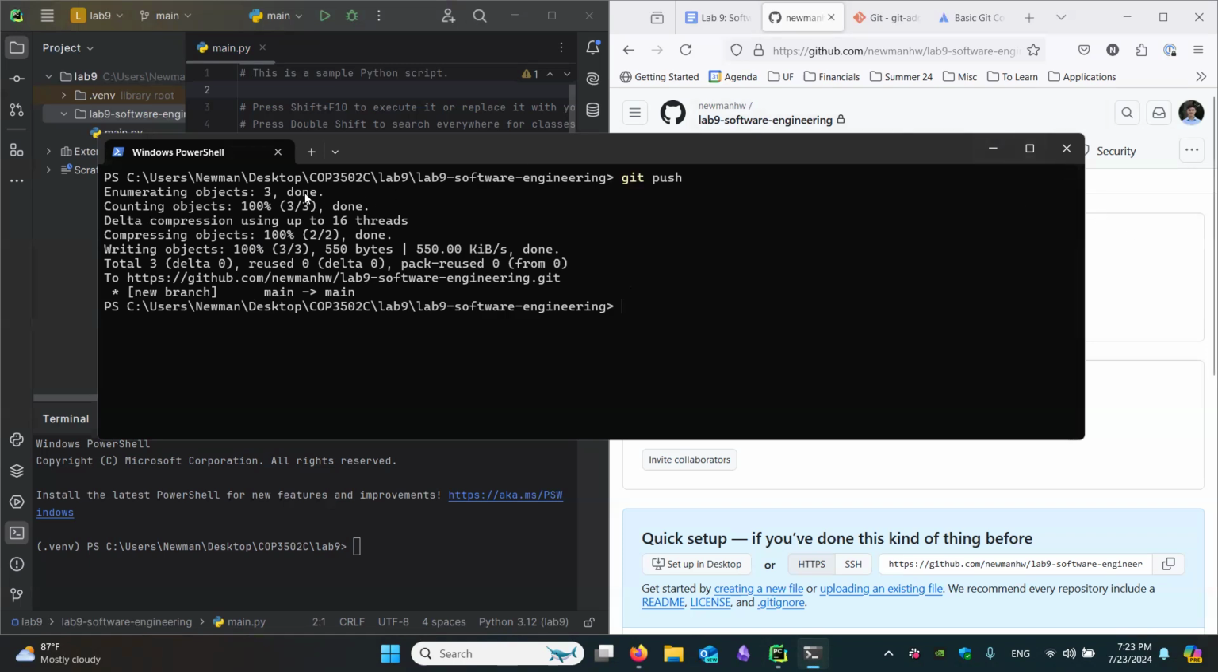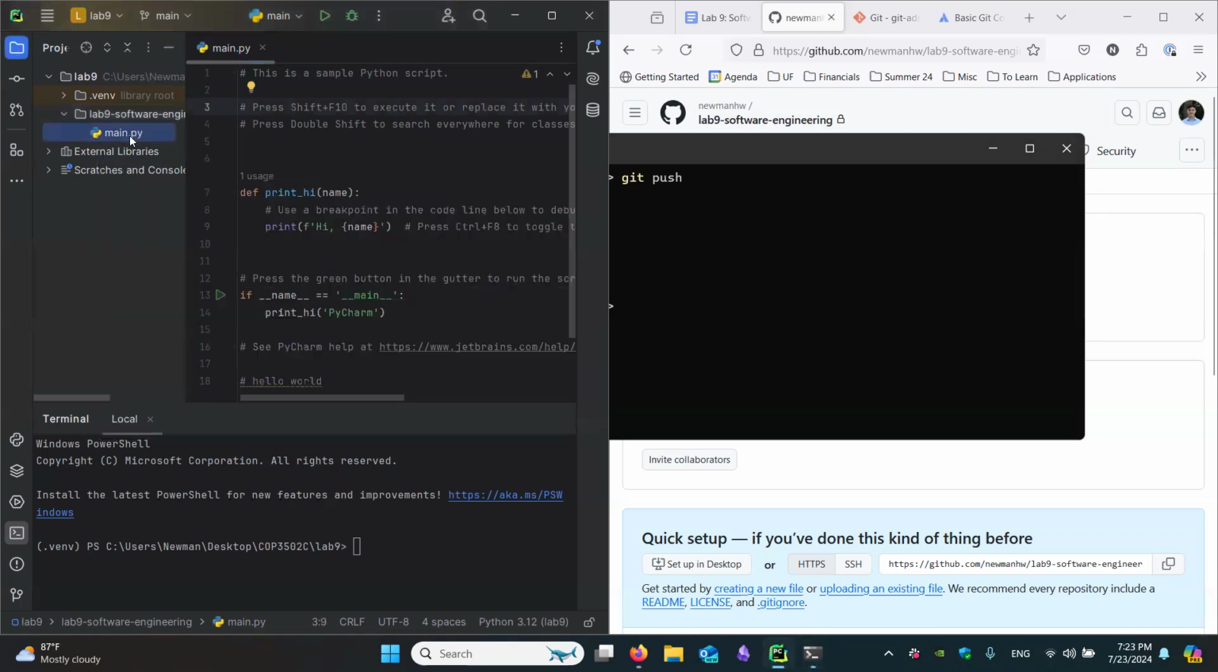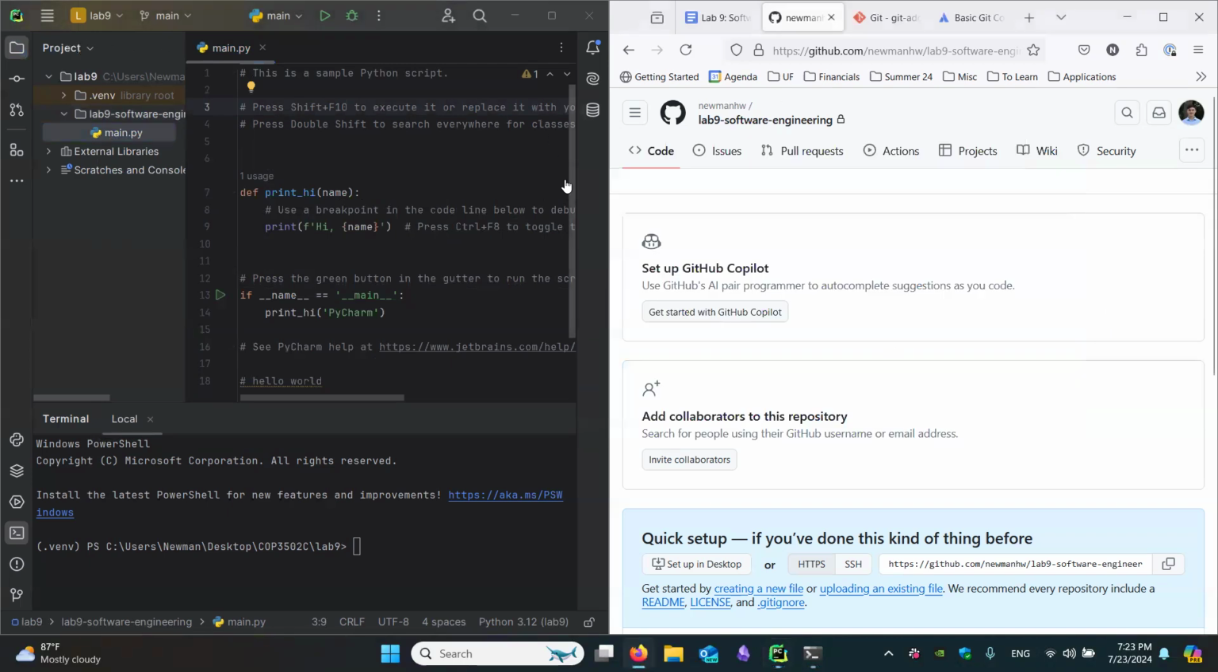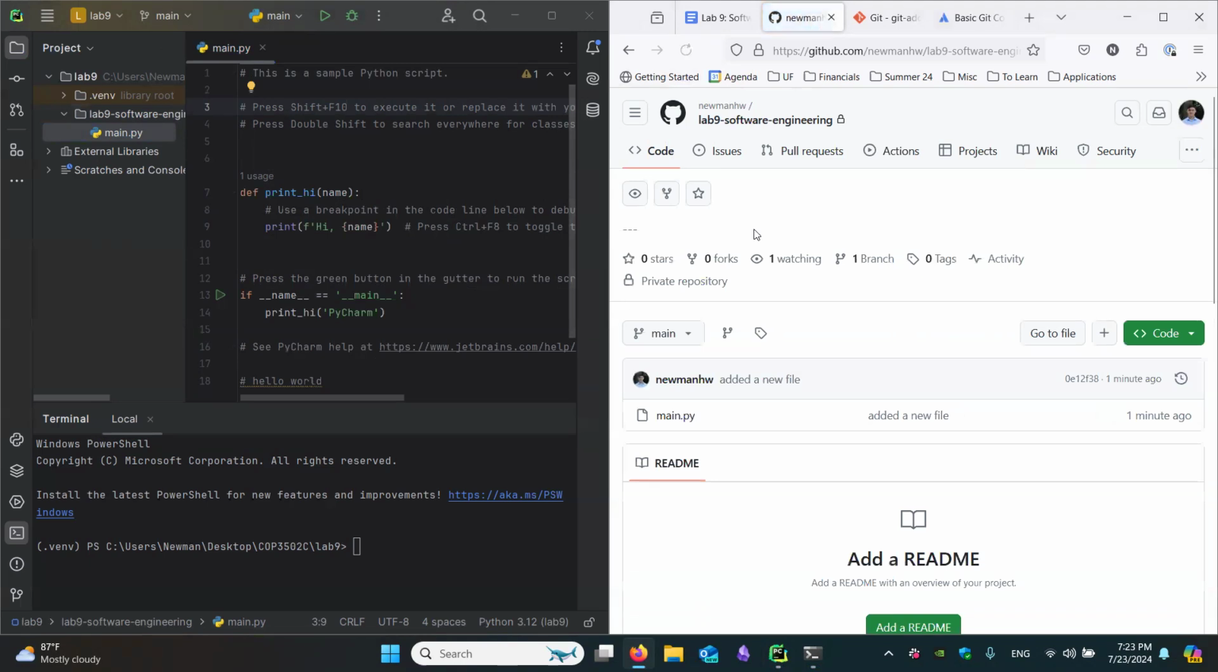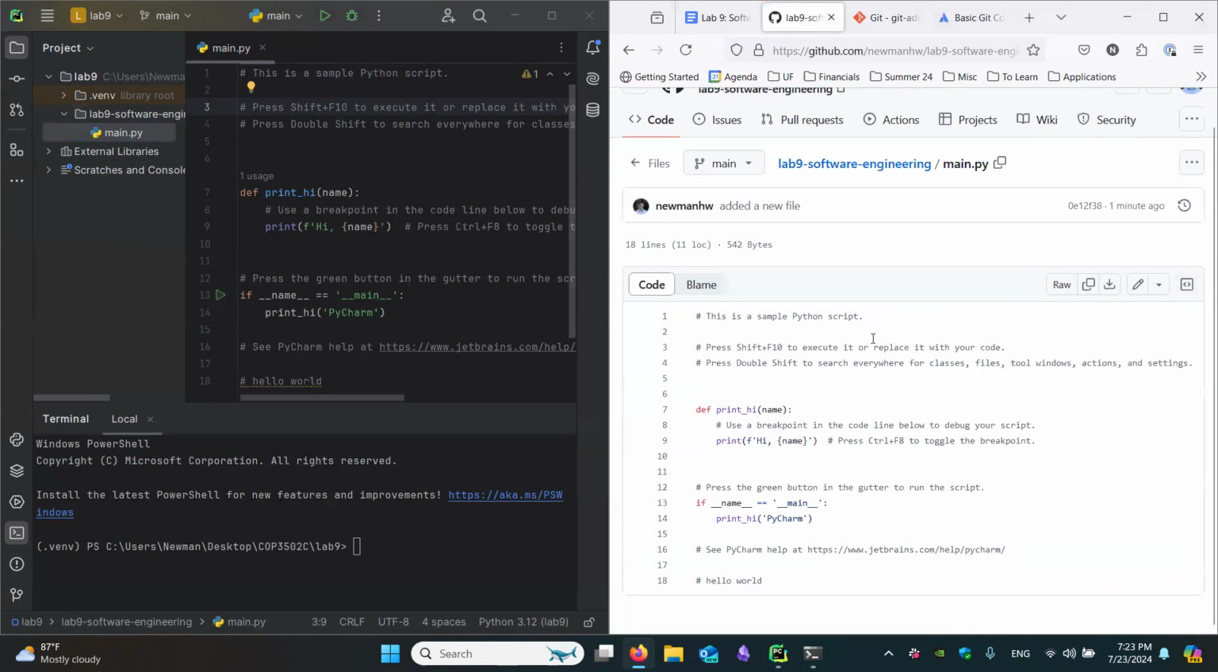Let's check if it actually worked now. What should have happened is this file should show up somewhere in my repository. So let's reload, and you can see here, main.py. If I click on it, you can see my message, added a new file. So main.py, you can see everything I wrote, I wrote hello world, and it's there. So this is great,